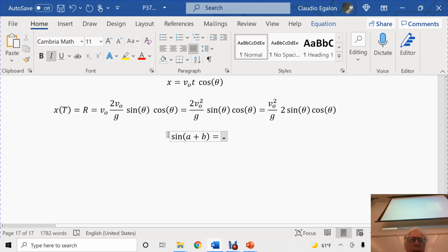Everything that's sine is mixed up with the cosine. That's what you have to remember. The cosine is more important than the sine. Everything that's sine of A plus something else, there will be a mixture between the sine and cosine. So it's going to be two terms, sine of A cosine of B,